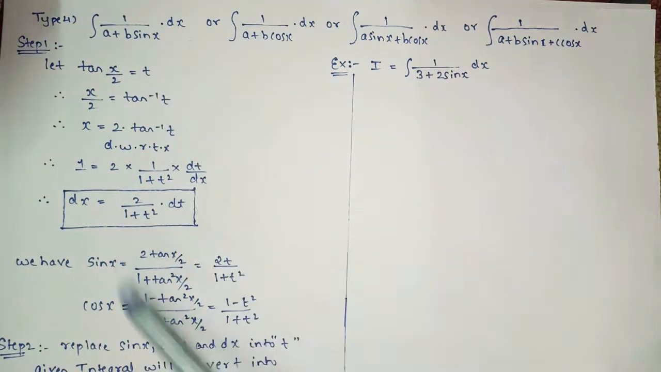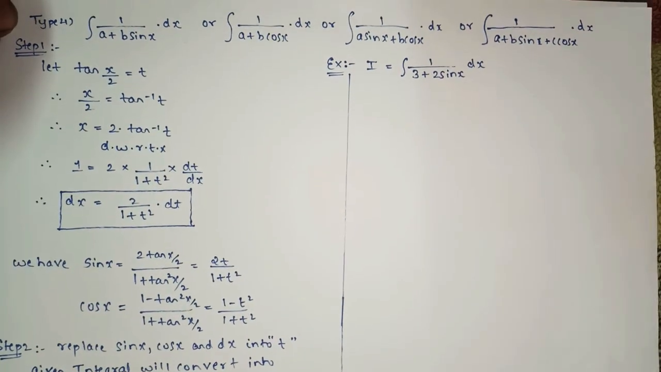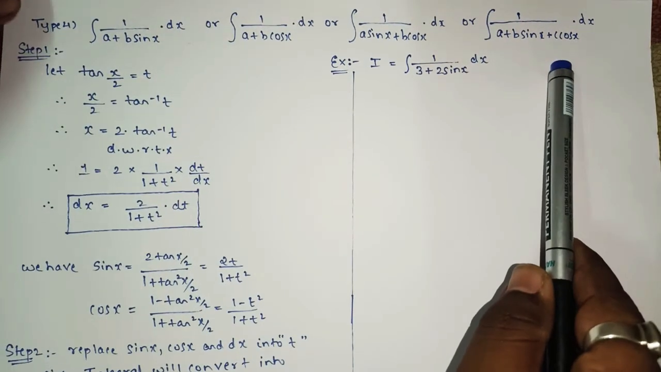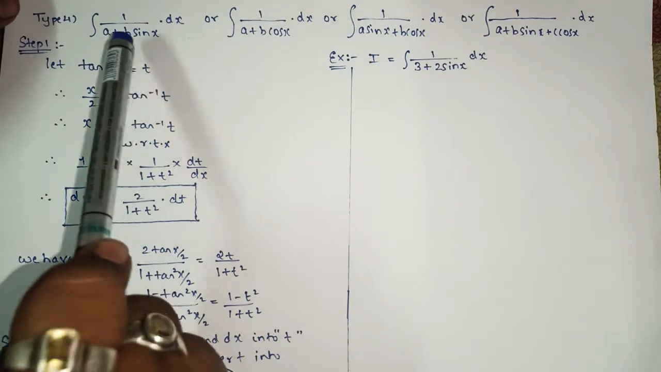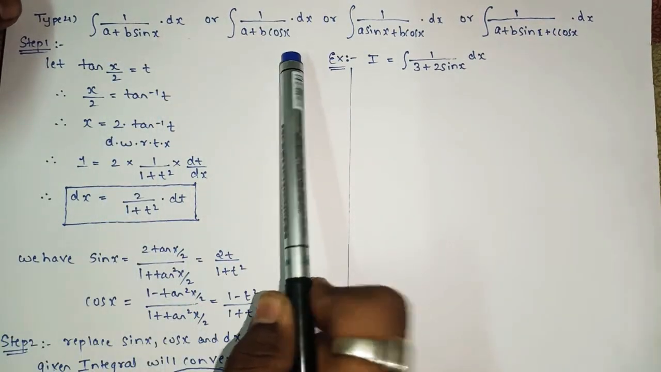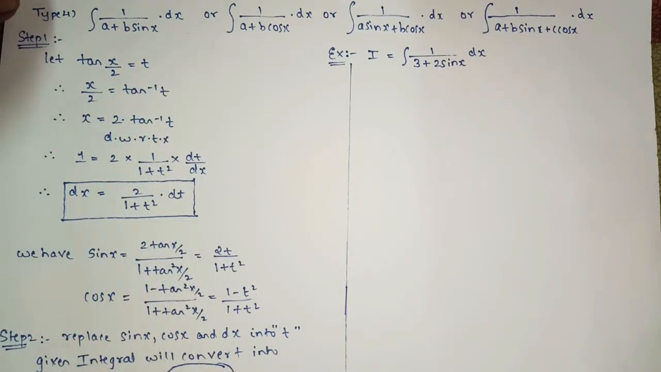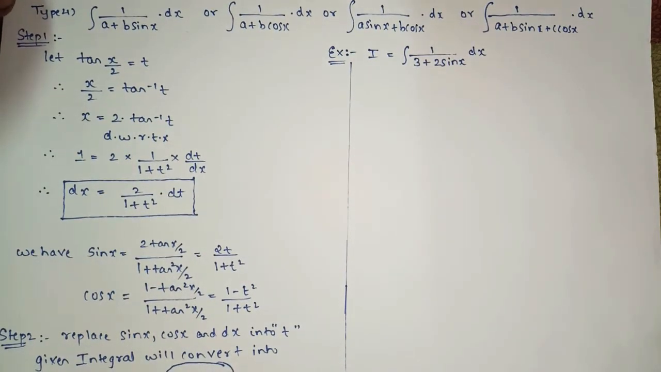So these are the fixed steps which you have to follow whenever a given integral is in this form, whether the question has sin x or cos x, or sin x and cos x together. These are the fixed steps which you have to follow. Okay, so what is the step that we'll see first? Whenever the question is type number 4,